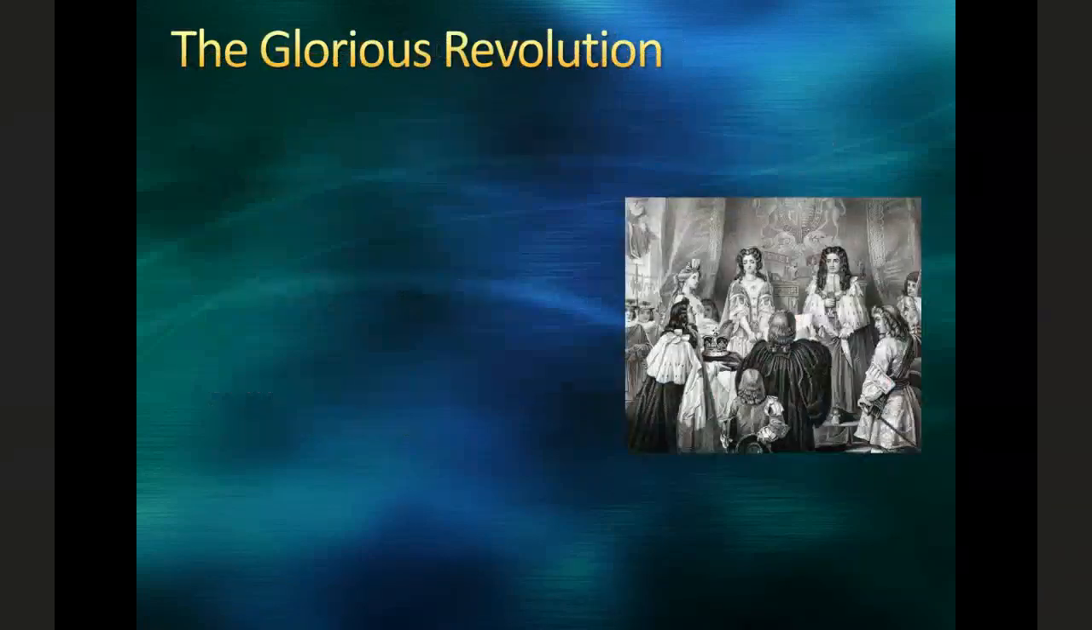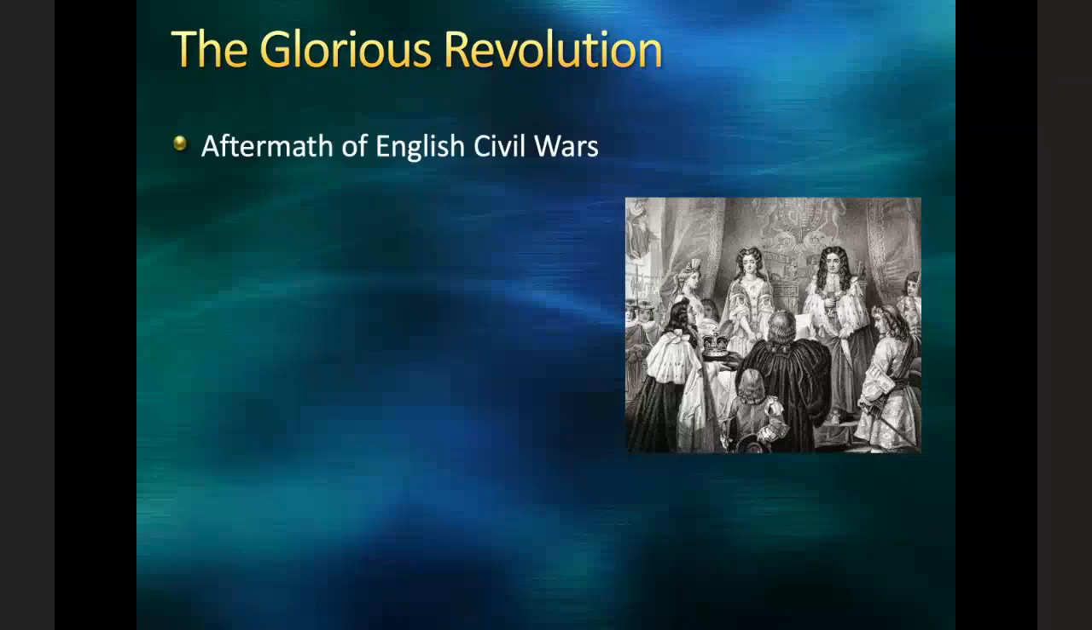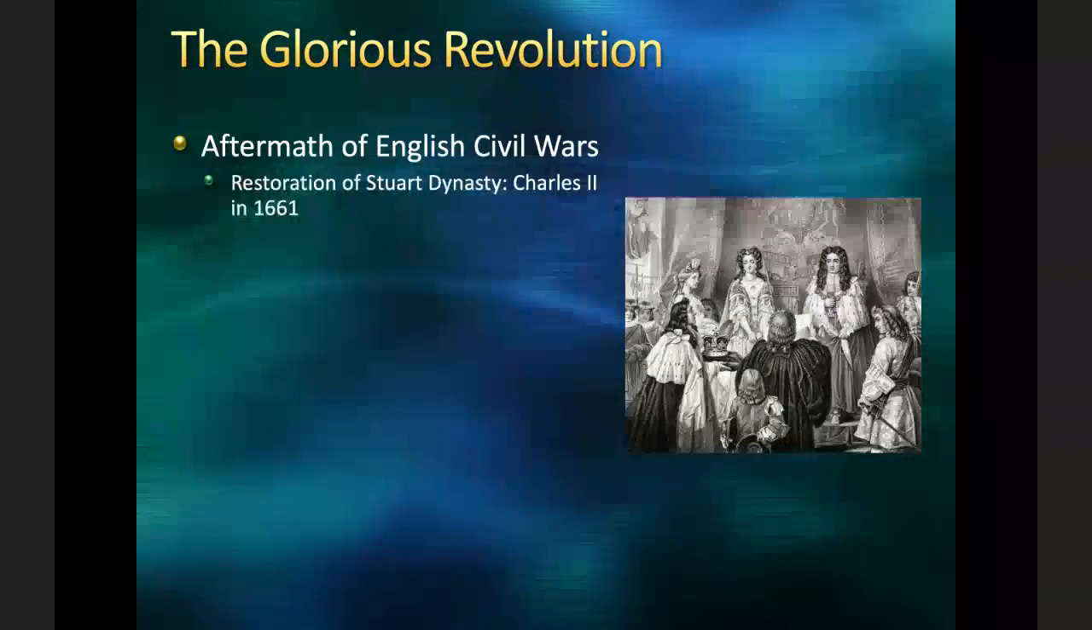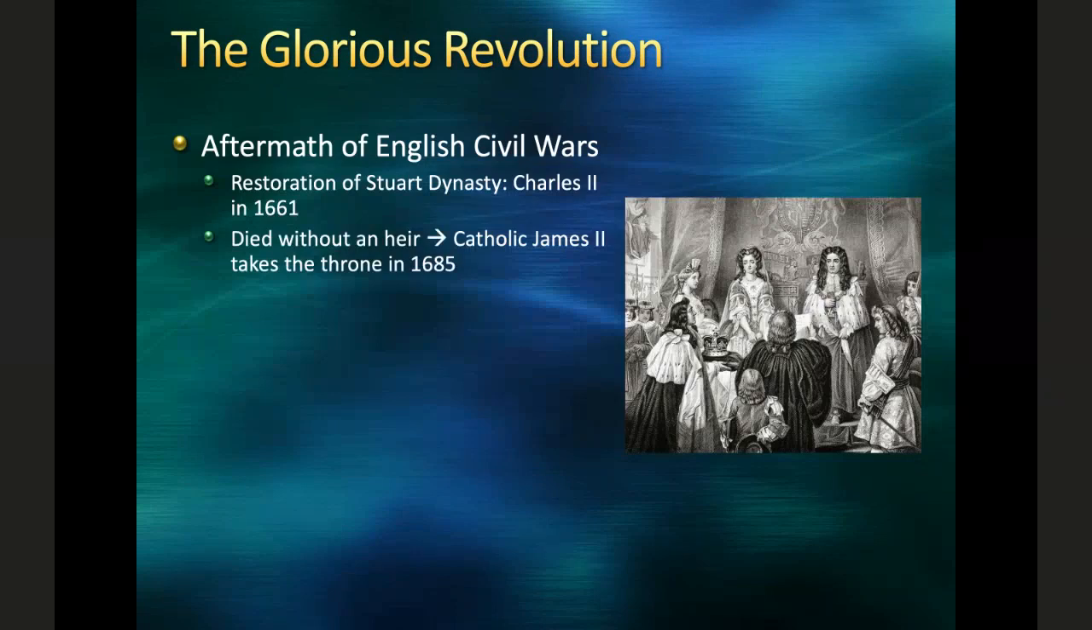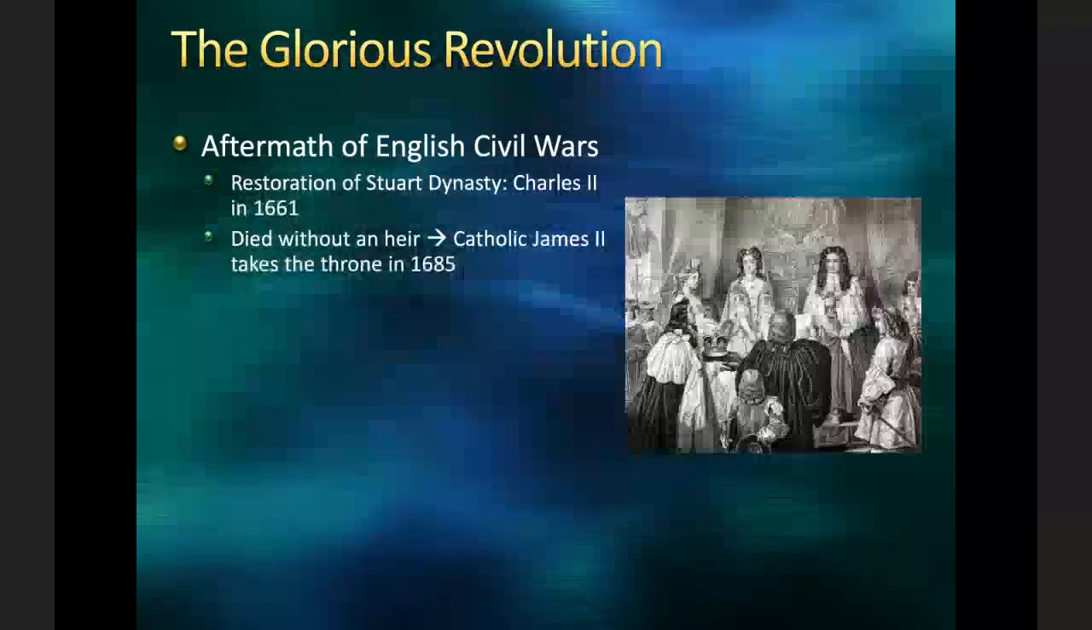So to understand Locke's political writings and their context, we have to return to the state of the English crown after the Civil Wars. So as we remember from last week, the English Civil Wars actually ended with the restoration of the Stuart dynasty, with Charles II in 1661, who was basically invited by Parliament to retake the crown after the collapse of the Protectorate of Oliver Cromwell. Now, Charles II died without a direct heir. He did not have any issue. And so his brother, the Catholic James II, takes the throne in